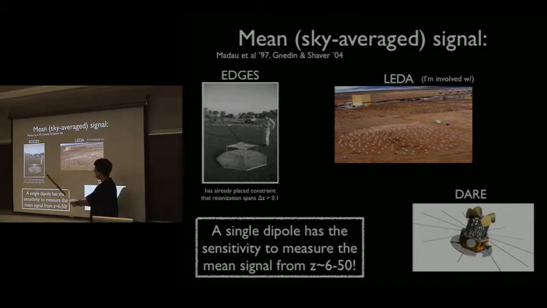The reason a single dipole is sufficient is that, unlike for the fluctuating signal, for the signal from the full sky you're statistically sensitive to the signal with an integration on a single dipole of order a couple hours. But the main challenge for the efforts going after the signal from the whole sky is that it doesn't have fluctuations as a function of frequency that are as large as if you were looking in a skewer